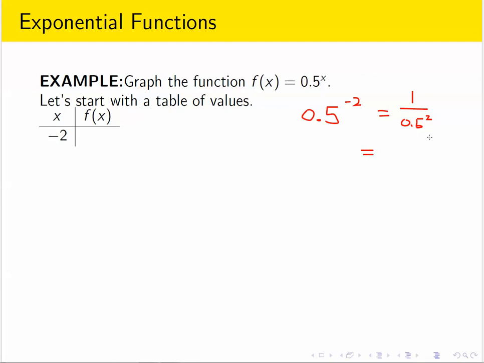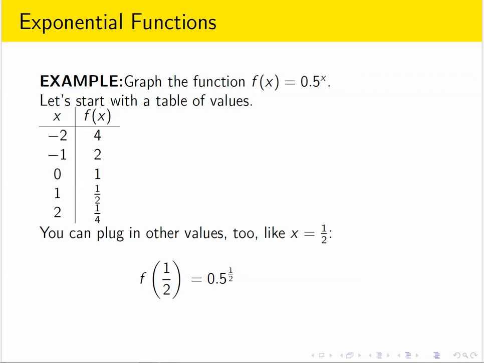0.5 is the same as 1/2, and similarly 0.5 squared, which gives us 0.25, is the same as 1/4. Now if I take 1 and divide it by a 4th, I get 4. And so that's the first value for our input-output table. Filling in some more values like we did before,